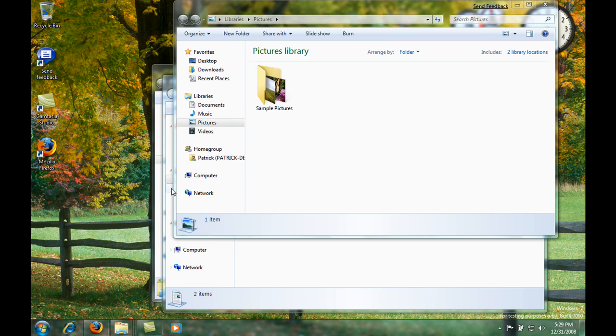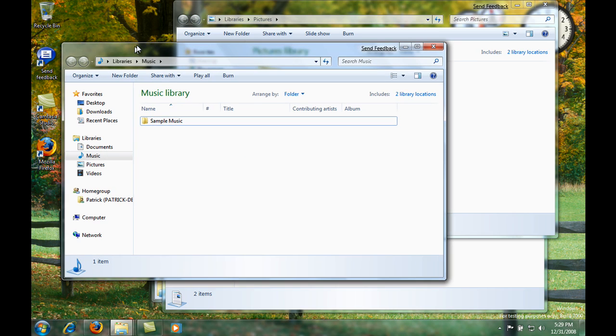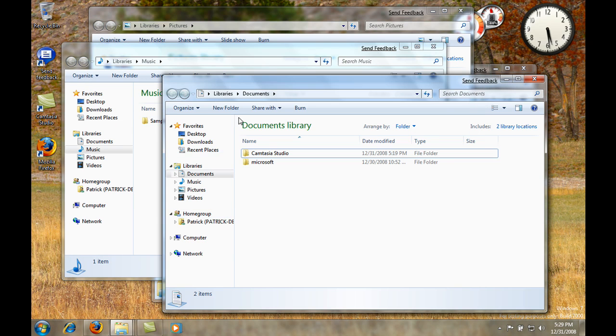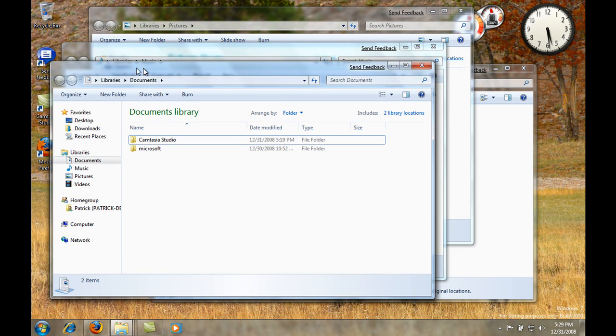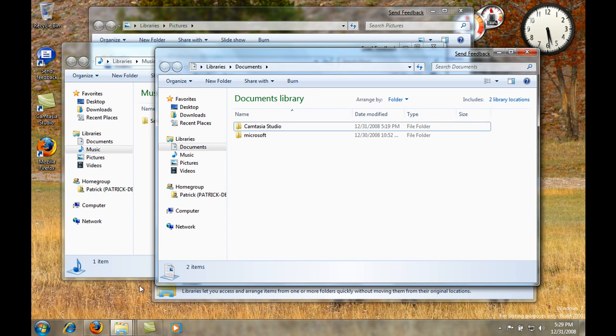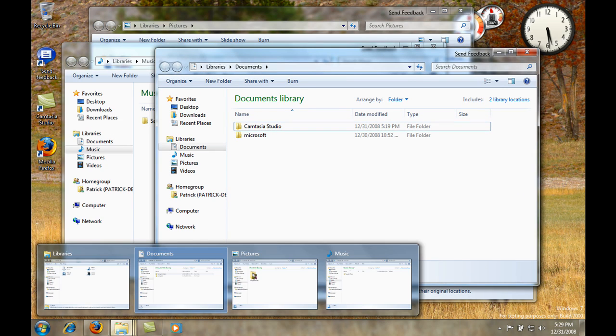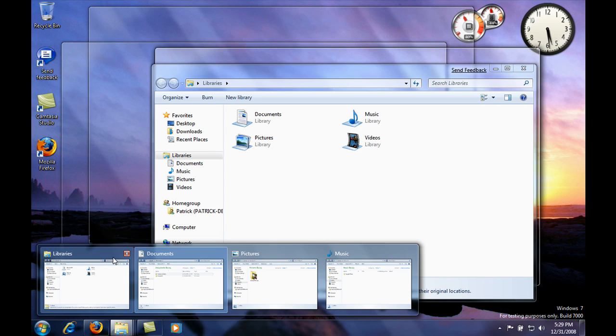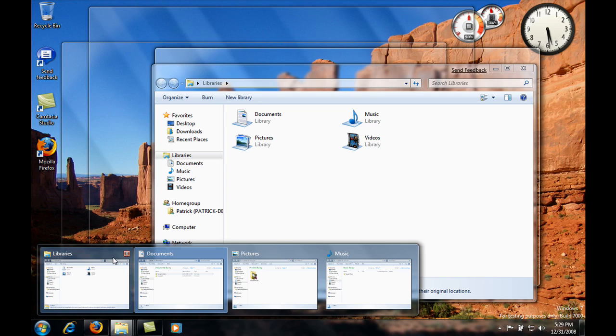Okay, so let me open some music windows. Okay, so now you see I got all these windows open. Now I just wanted to get to my library window. So I just hover over the Explorer icon in my taskbar, and I hover over the library thumbnail. Now, as you can see, that window was brought to the front, and all the other windows were